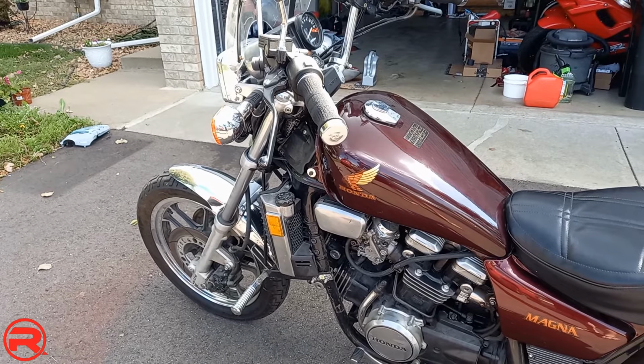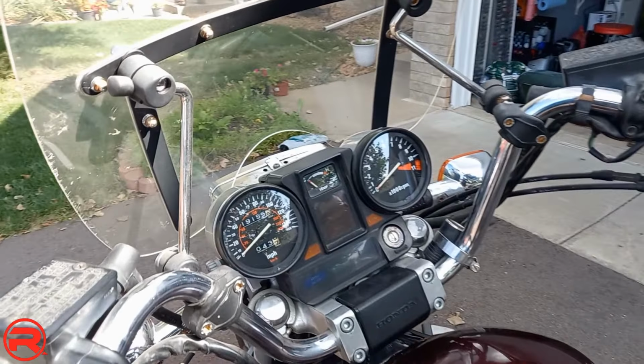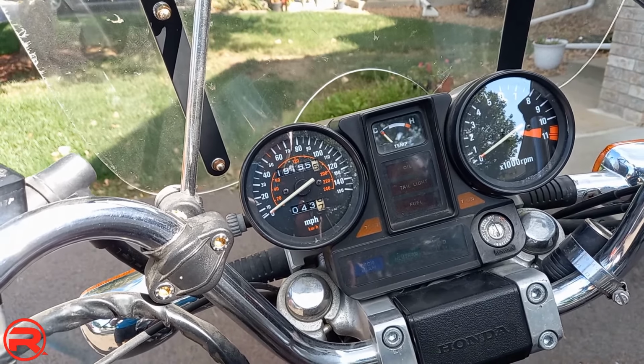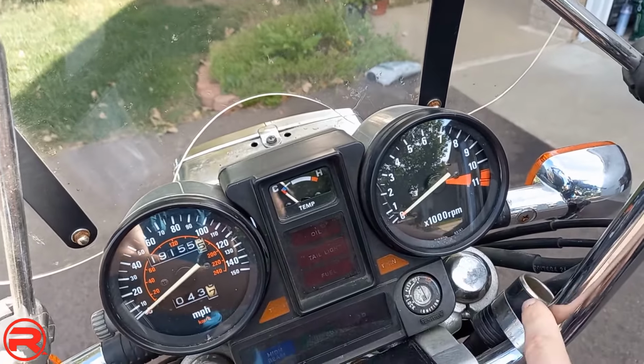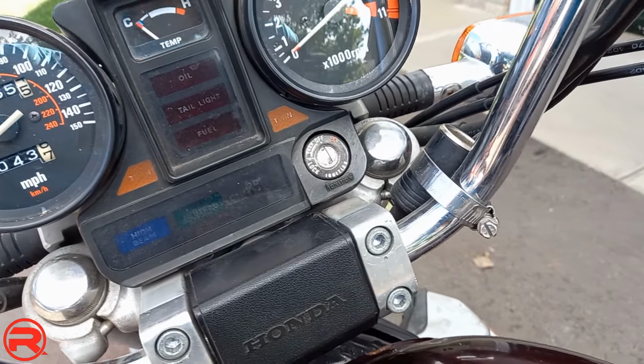Most of the stuff is in very good shape. It does have 19,155 miles. It's pretty good miles, pretty low for the year. It's 1984. Someone did try to install a cigarette lighter adapter, but I don't think it works because it